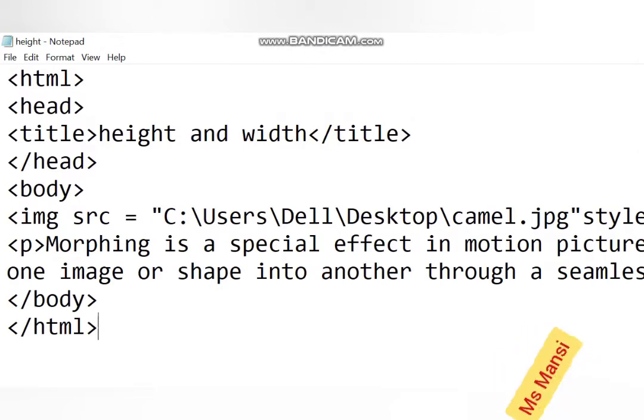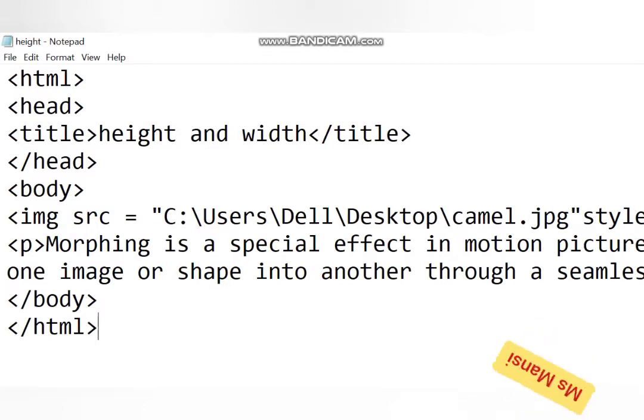If you want to insert a picture, if you want to insert a paragraph, if you want to change any settings related to your HTML website, we insert it in the body section. In the body section we are inserting the img. What is this? This is the image tag.